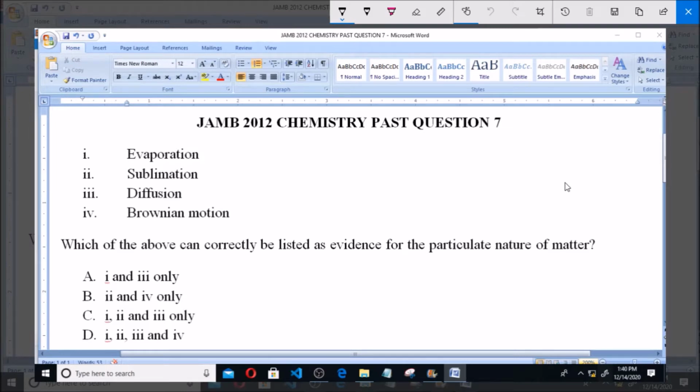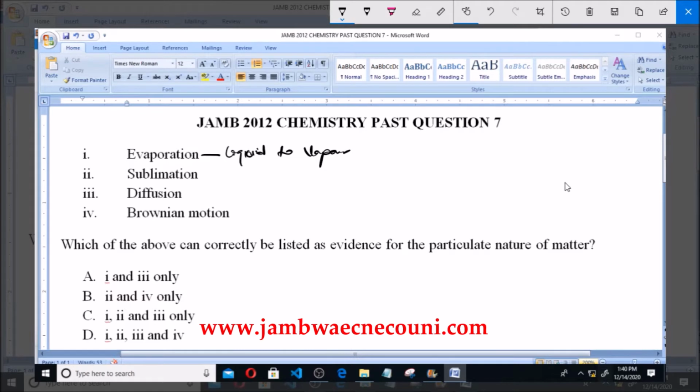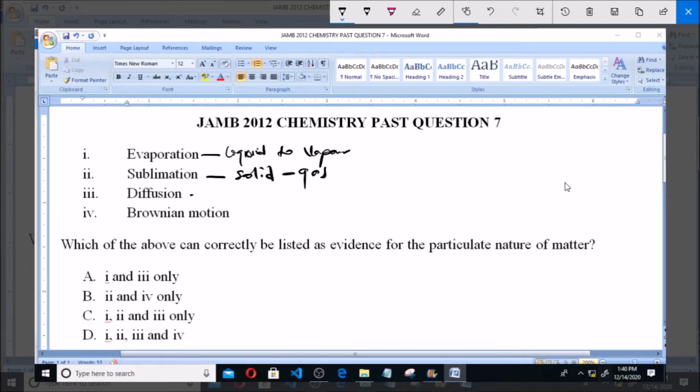Now, looking at this, you notice that evaporation simply means a change of state from liquid to vapor, but without getting to its boiling point. Sublimation simply refers to a change of state from solid directly to gas. Then diffusion here is just showing the movement of molecules